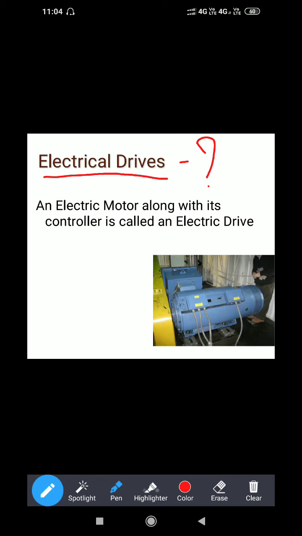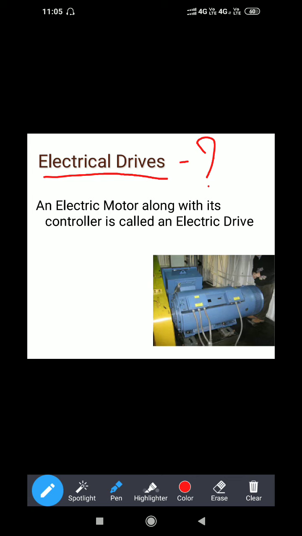So before studying electrical drive, we must know what a drive is, right? A drive is a system used for motion control. And we all know that motion control is required everywhere, for industrial applications and domestic applications, like vehicles, trains, different types of machinery in paper mills, textile mills, water pumps, washing machines. Everywhere we require controlled motion or controlled mechanical power.